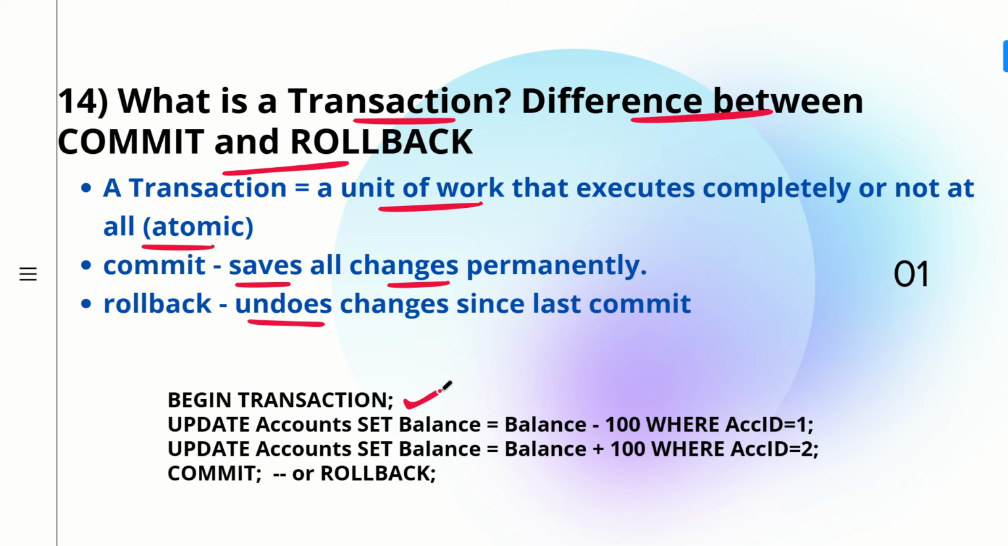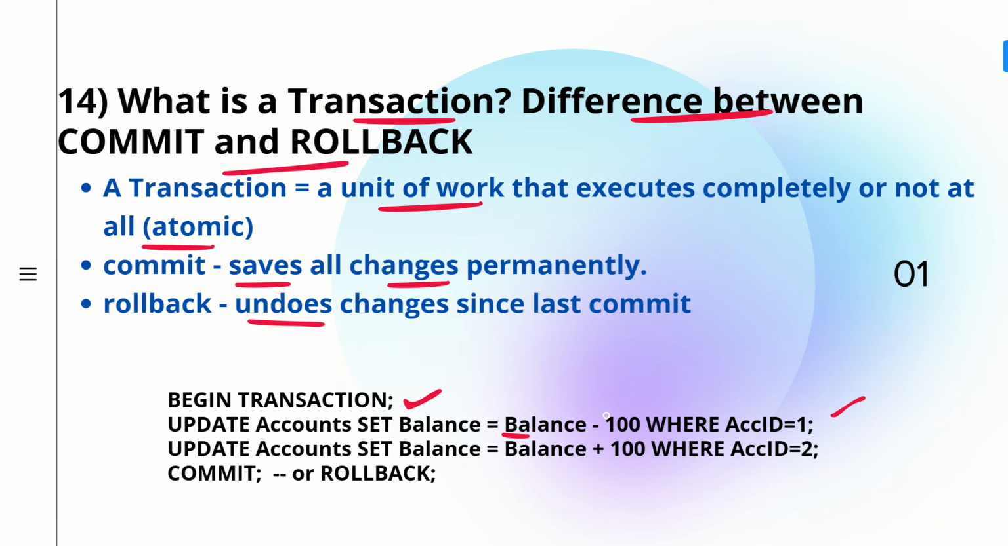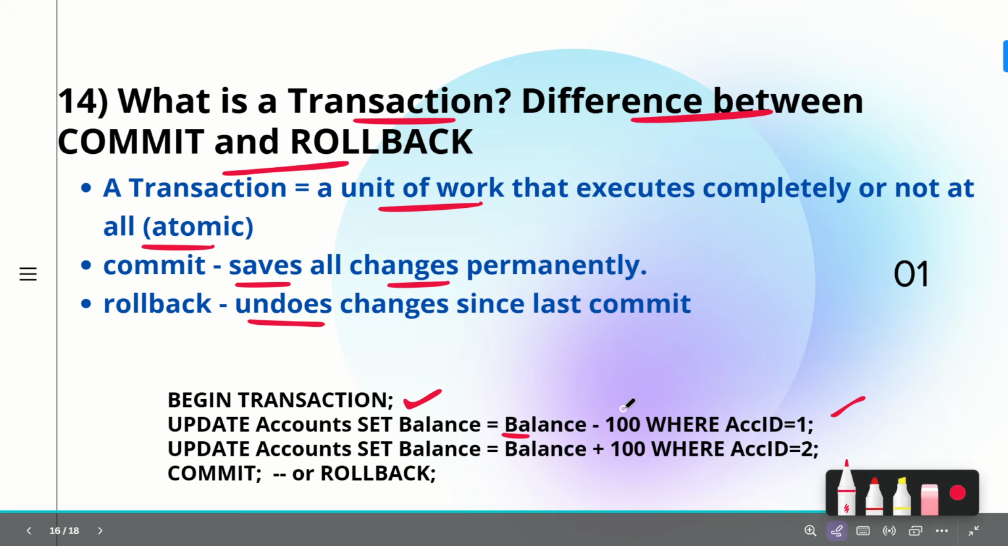We are beginning a transaction, then we are writing update accounts set balance as balance minus 100 where account id is 1. So for the transaction where account id is 1, you are subtracting 100 from the balance because that 100 amount was sent. This 100 amount was sent to some other account, which is account number 2. So you are doing update accounts set balance equal to balance plus 100. Whatever was deducted from here got added to account number 2,